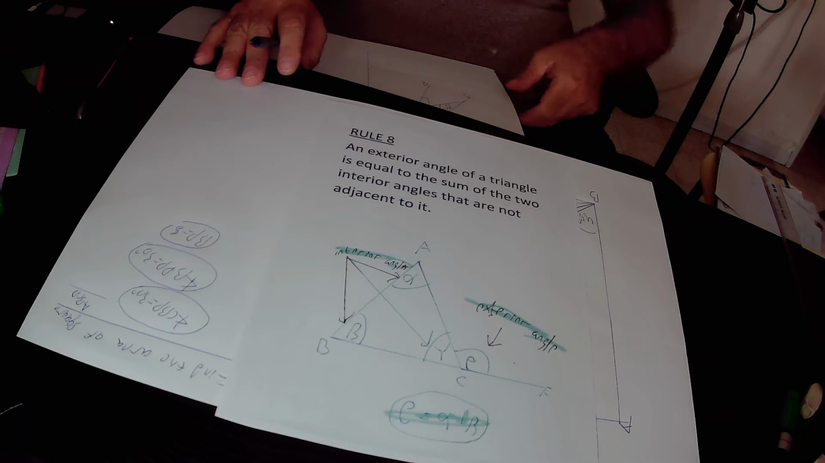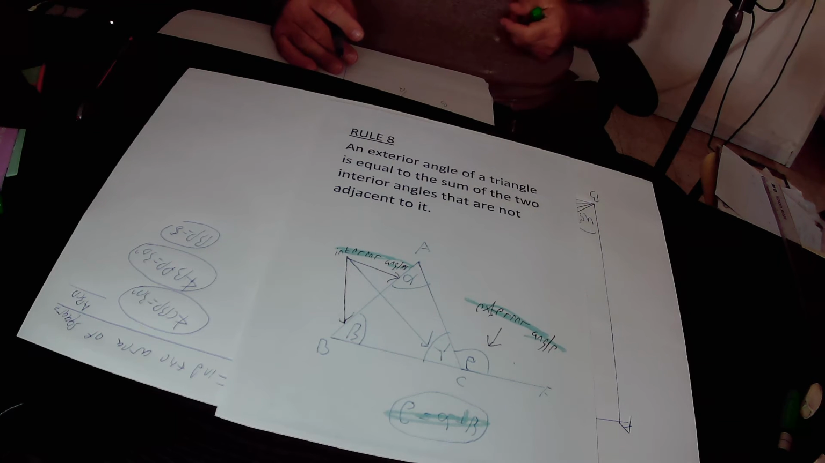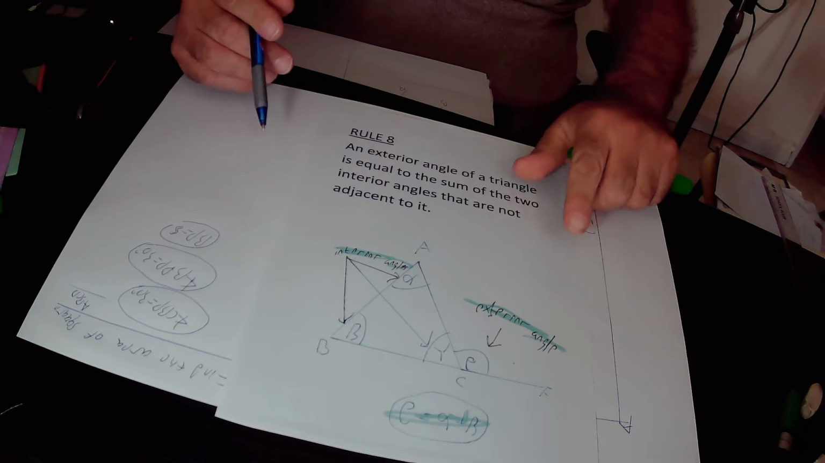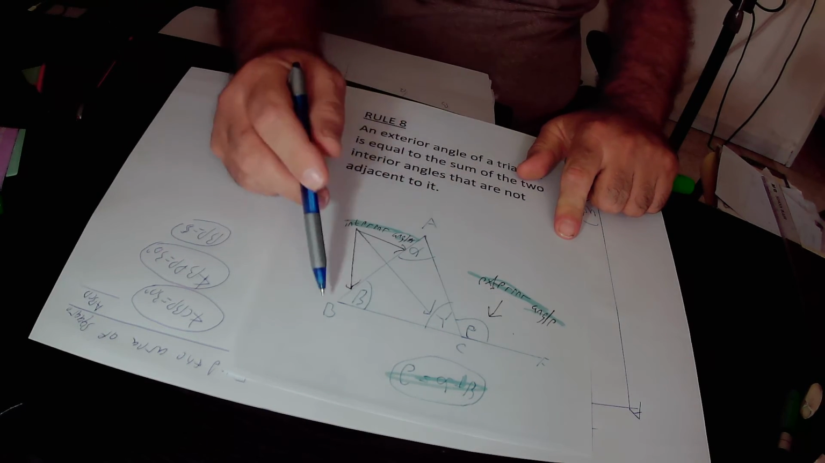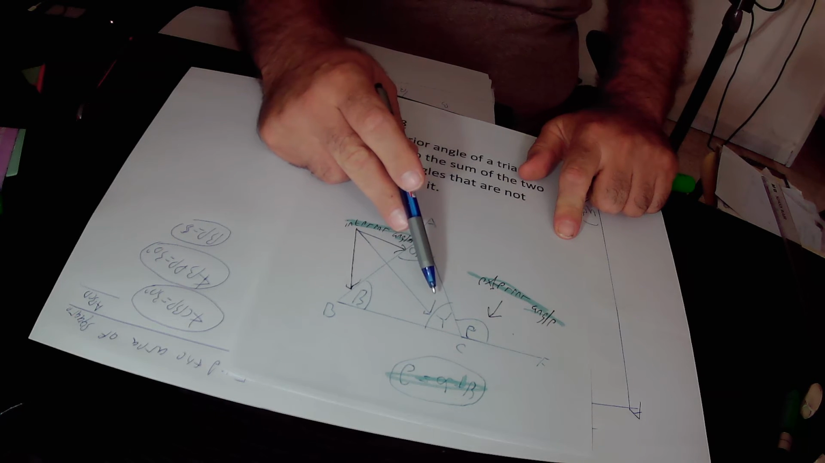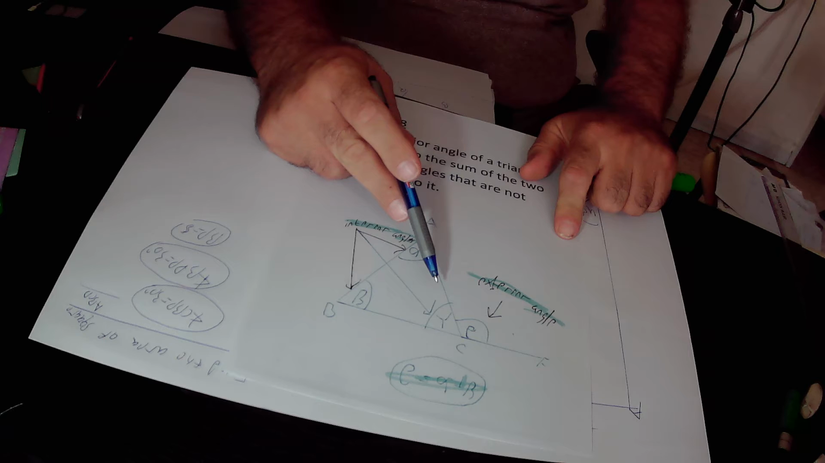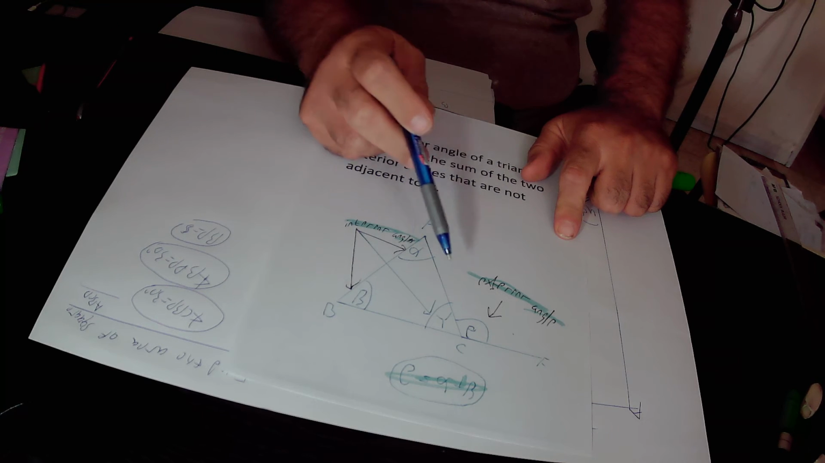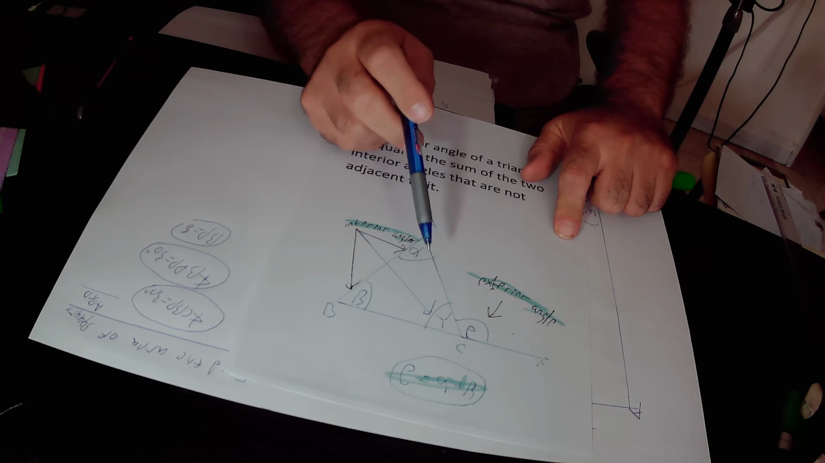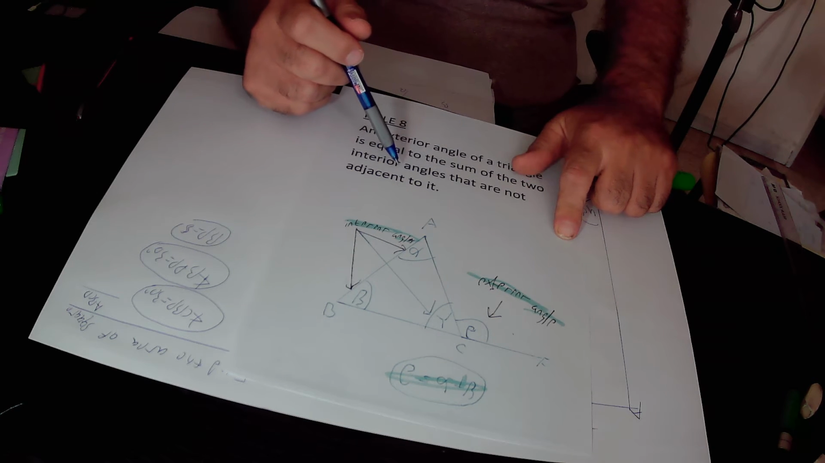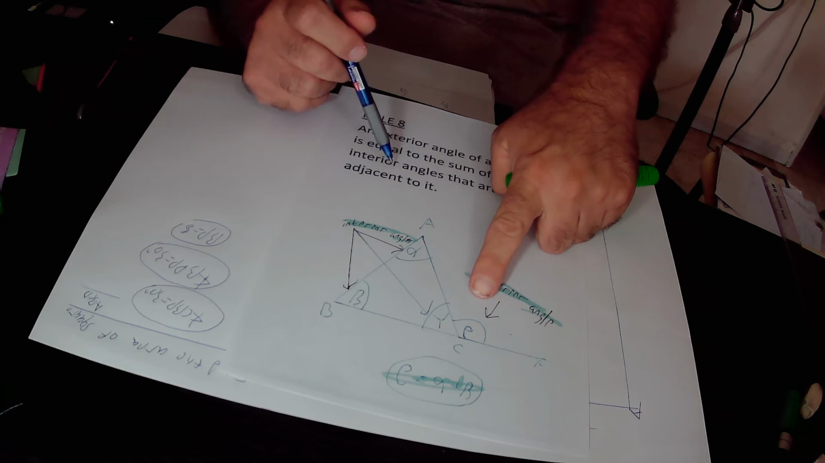The external angle of a triangle is equal to the sum of the two interior angles that are not adjacent to it. This is triangle ABC. Those are angles alpha, beta, and gamma that are defined as interior angles. This is angle E that is defined as an exterior angle from triangle ABC because it is located outside triangle ABC. According to this rule 8, the size of this angle E is equal to the sum